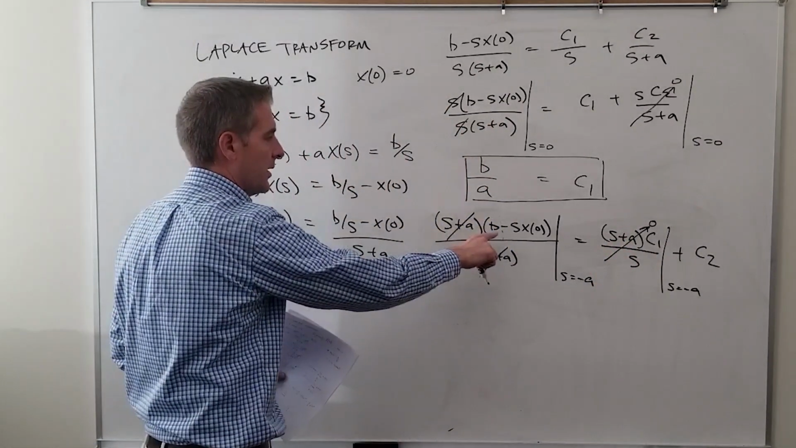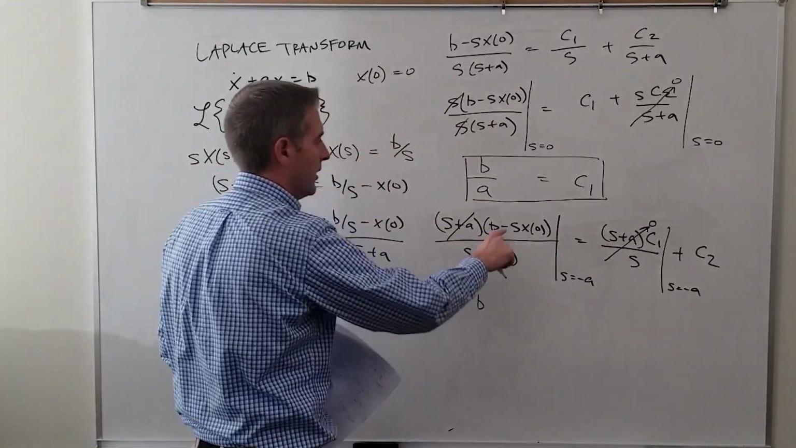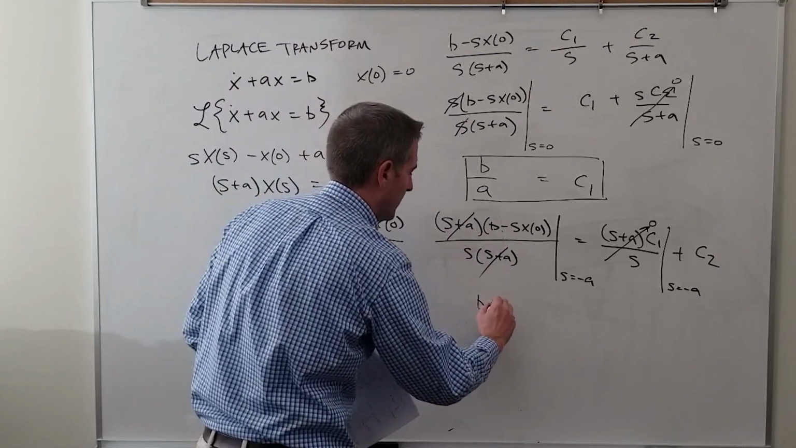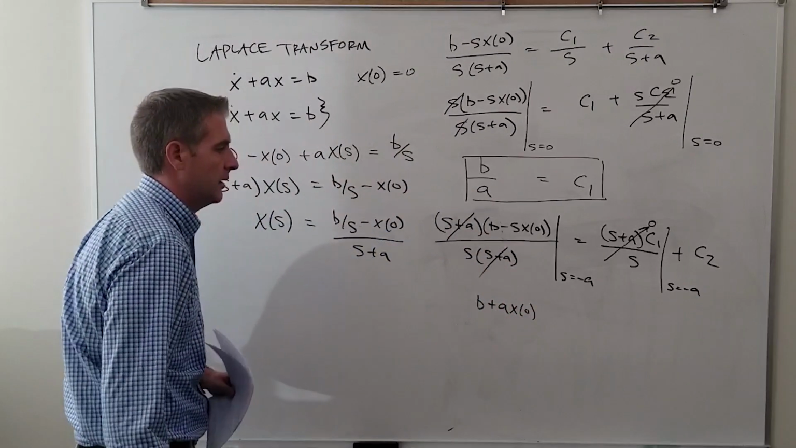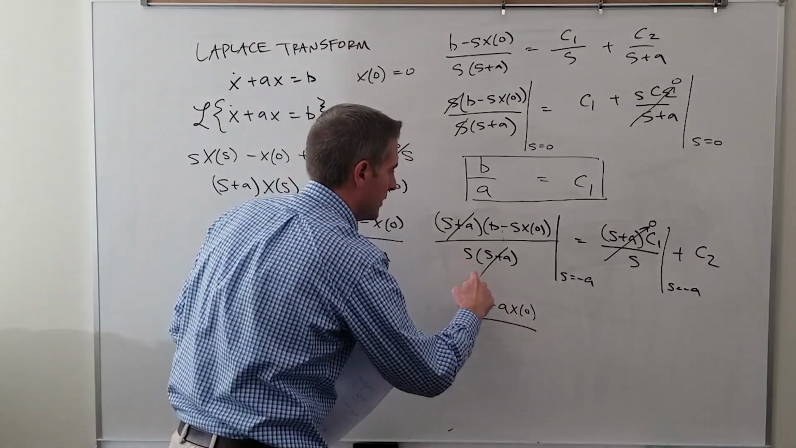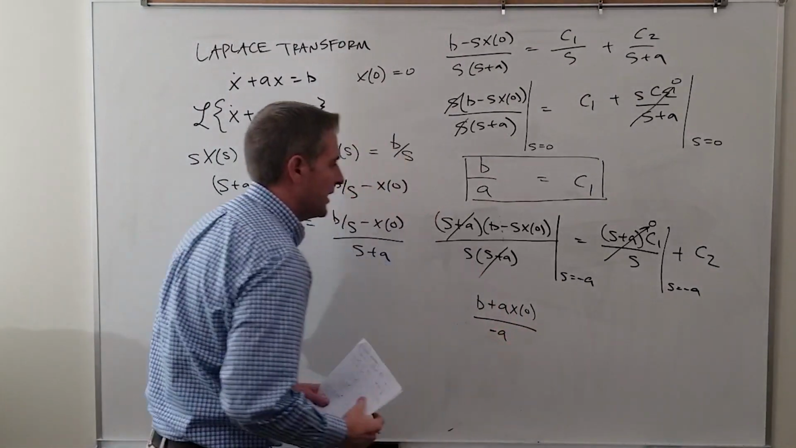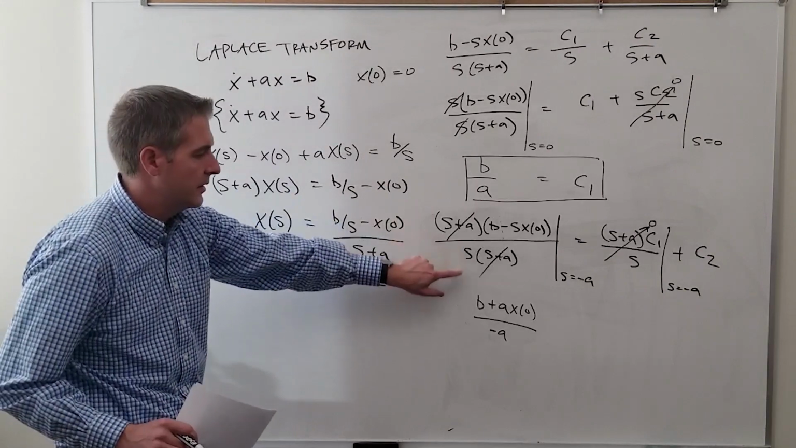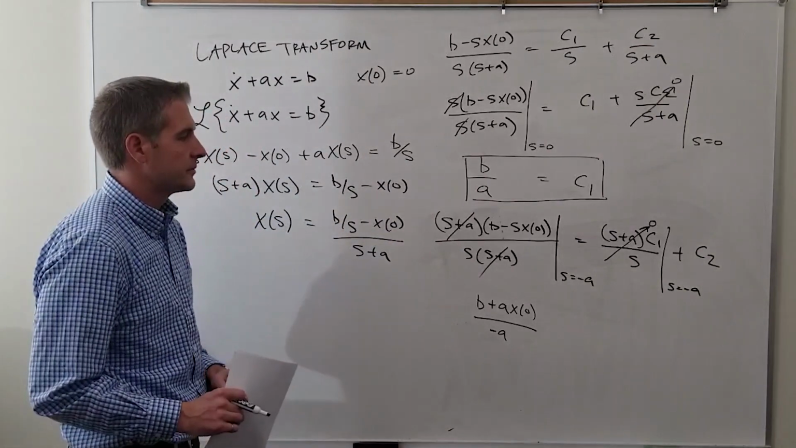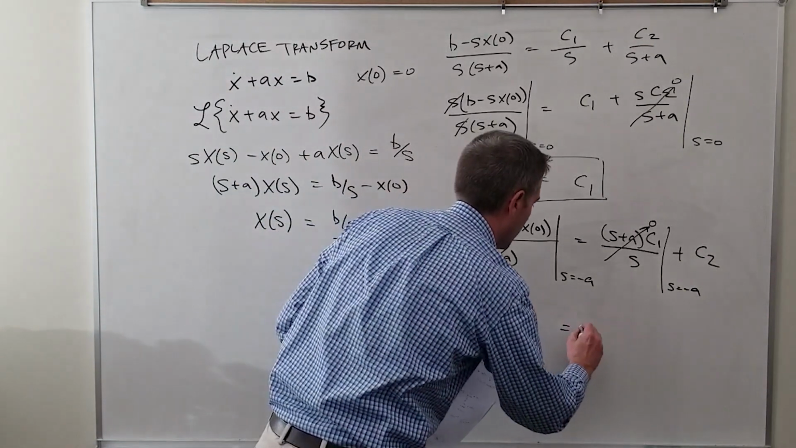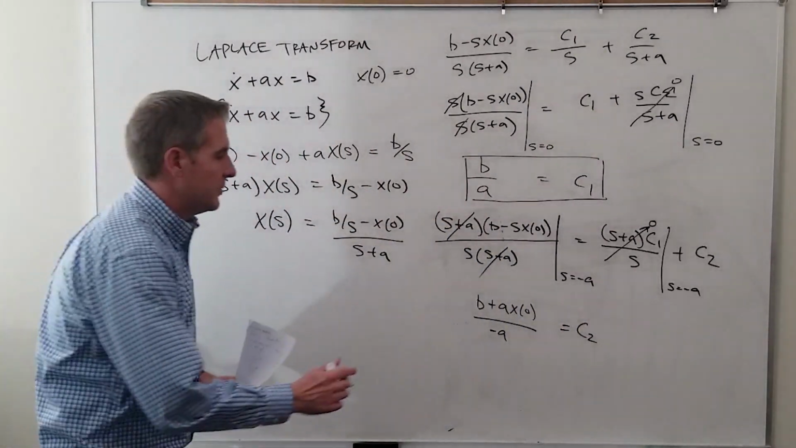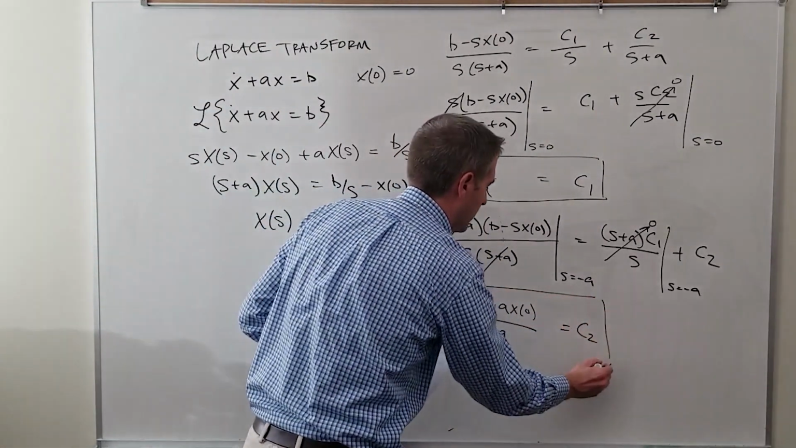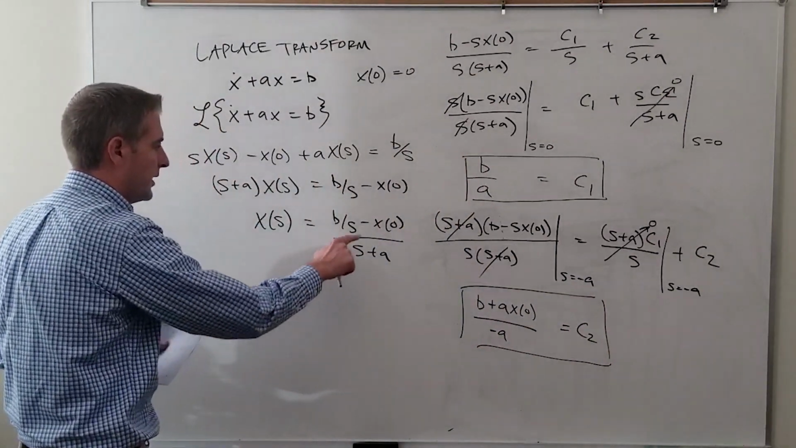This one will become 0 through S equals minus A, through this term right here. And then we'll be left with B minus x0 all over minus A. We replace this S with a negative A. So now that we've got both C1 and C2, we can come over here and we can express this